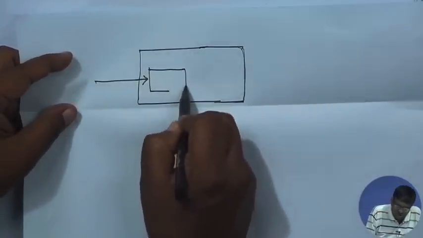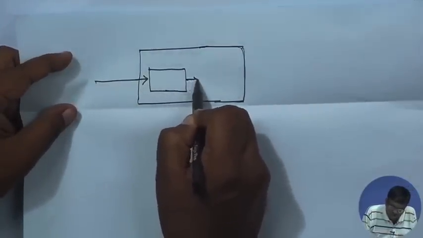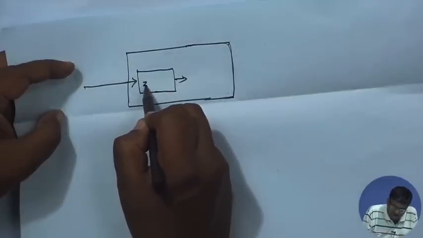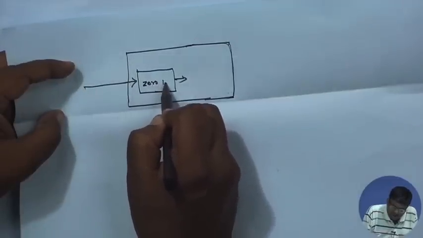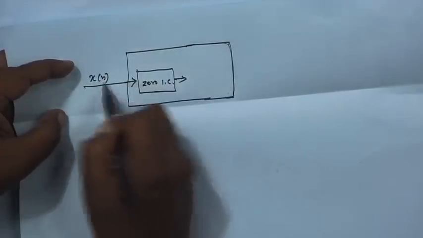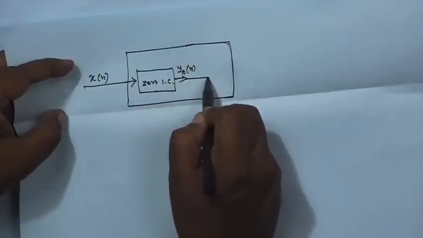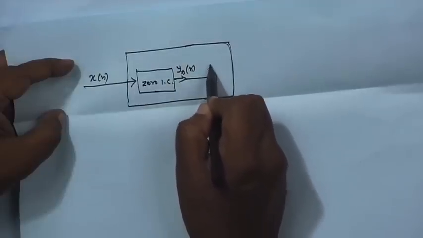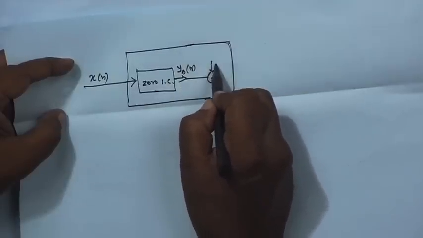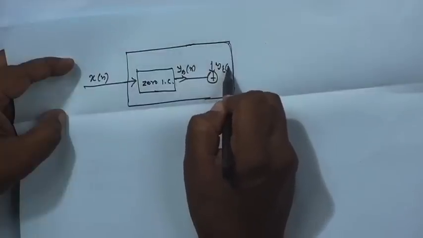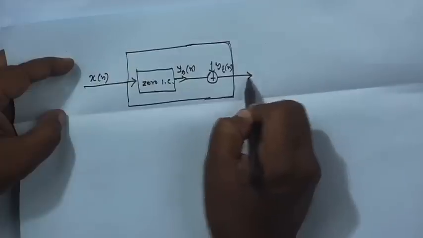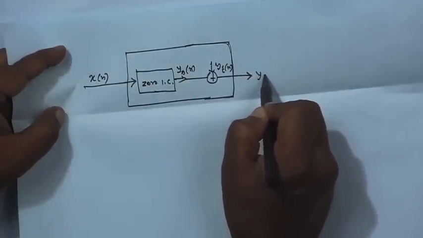So this is one input, one system, and that has 0 IC, meaning initial condition. It takes input x n and gives you that solution y s n. To this we add y t n, the transient solution,